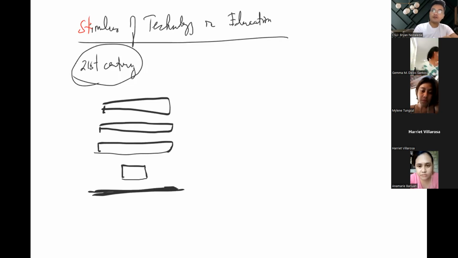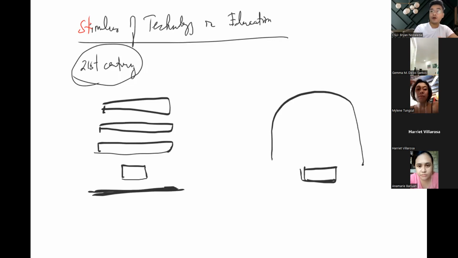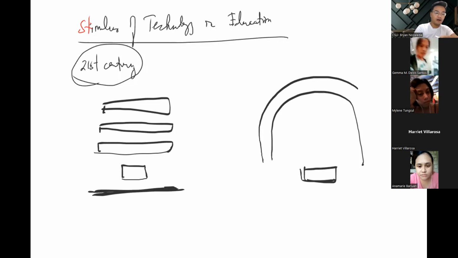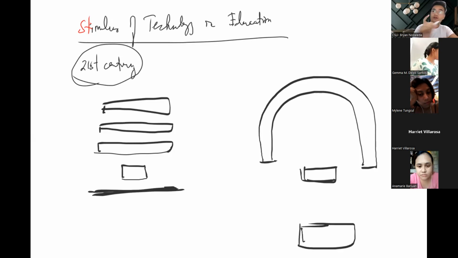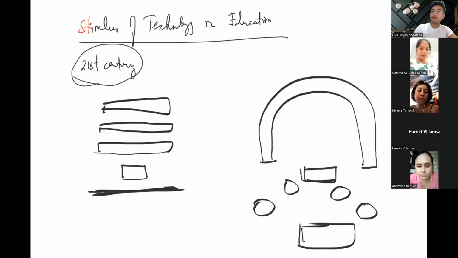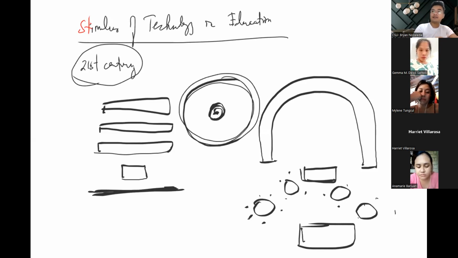Now, you can see classrooms that are arranged differently, like a U-shaped or horseshoe form, wherein the students are seated in this kind of template. Sometimes classrooms are arranged according to groups, like there is a table here, another table here, another table here, and the students are seated by group. Sometimes the teacher is at the center, and the students are seated surrounding the teacher.